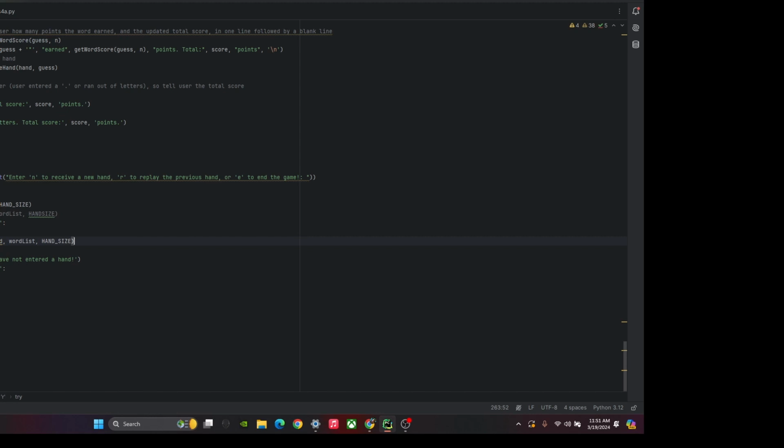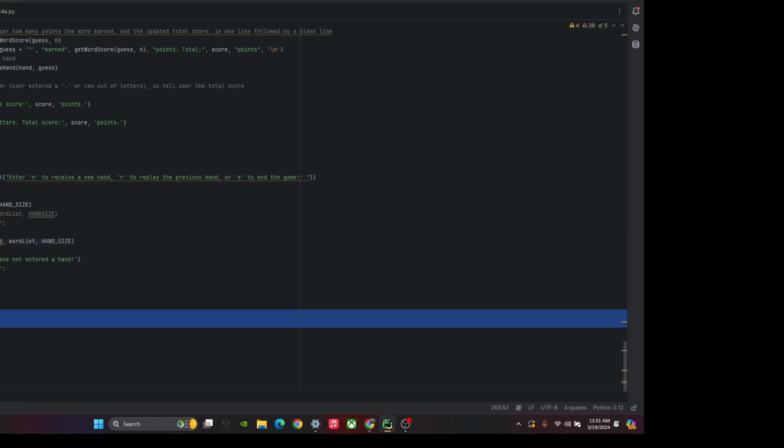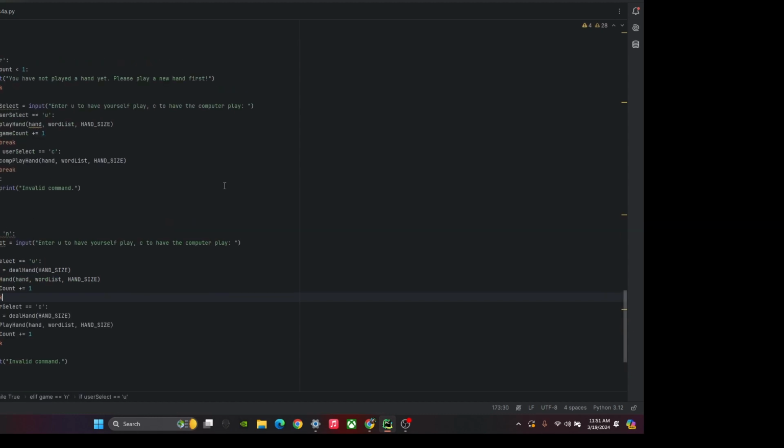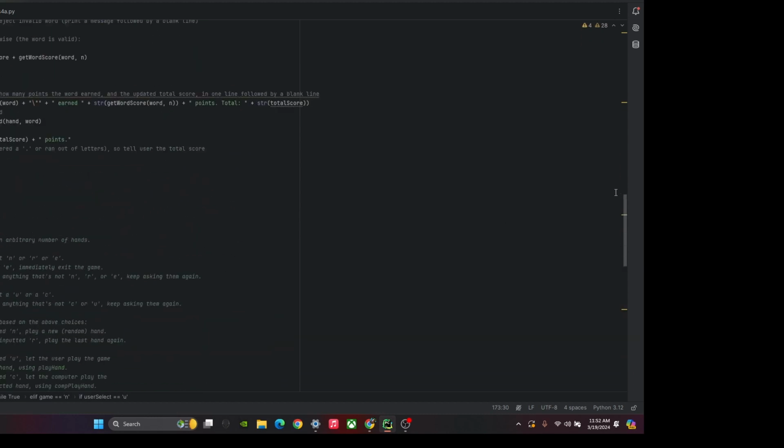And then else, anything else, if for some reason the user didn't input an N or an R or an E, it'll say it's invalid. It'll let them know, and it'll kick back the message again. It's a while true loop. Beautiful, beautiful while true loops. And this basically just runs our game. This runs our game. That is the backbone of